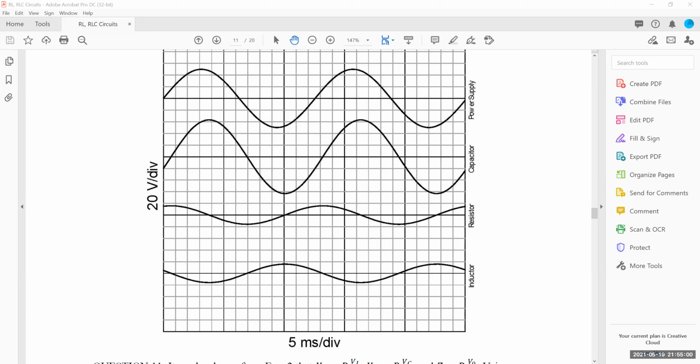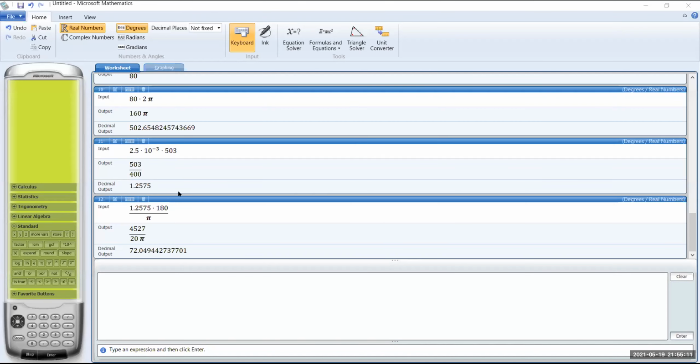Let me share with you the stuff that I'm doing in here. Stop sharing, and share the calculator, because it's very important that you do the calculations based on your measurements. Okay, again, I found, according to my measurements, and I did not do them with a ruler. Hopefully you guys will be more careful than I am. So basically I went to the minimum in the resistor, which is the minimum in the current, and find when the next minimum in the power supply happens. And I measured the delay in time to be about